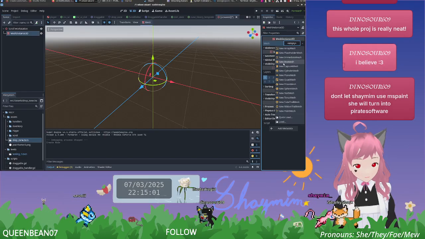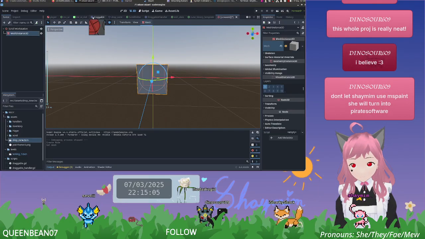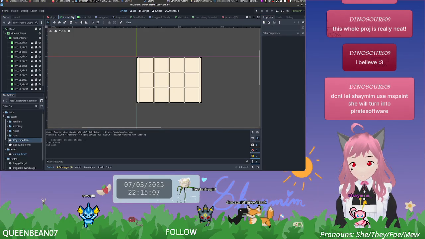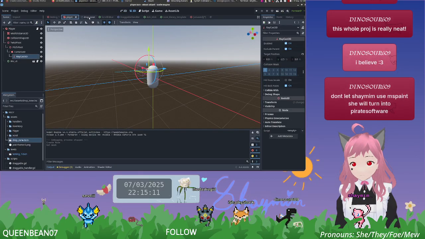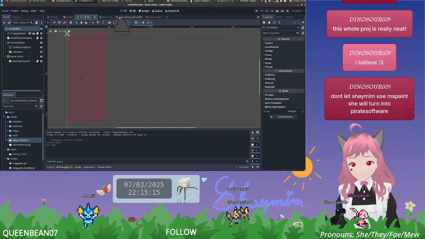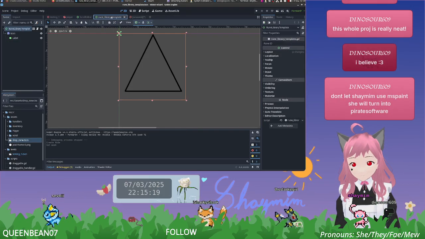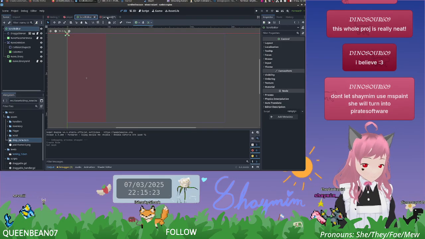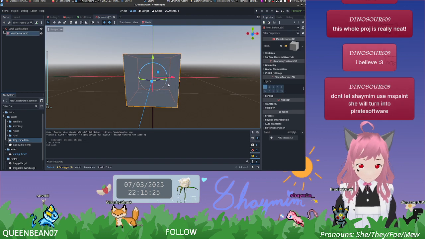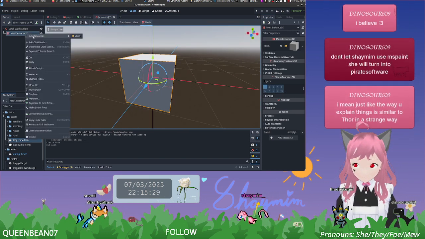We do want it to be a new box mesh. Alright, and I think we can close these ones for now, since we're not immediately using them. We're definitely gonna need to reopen those. But for now, we're going to need a...